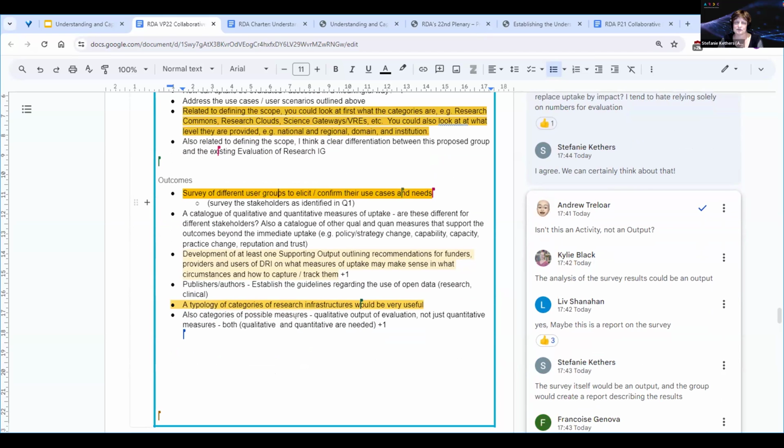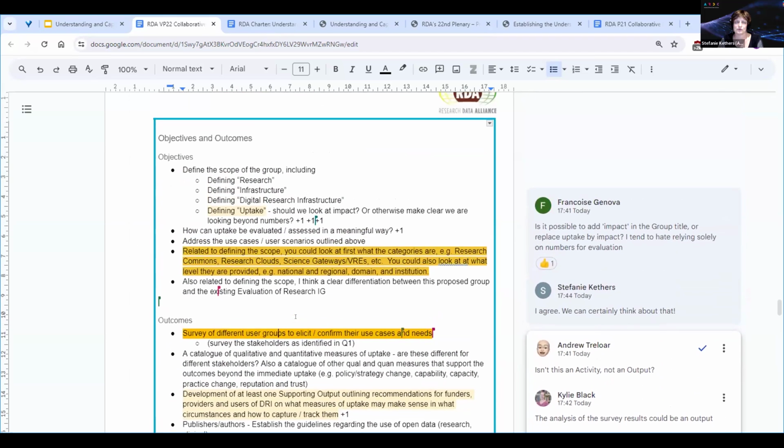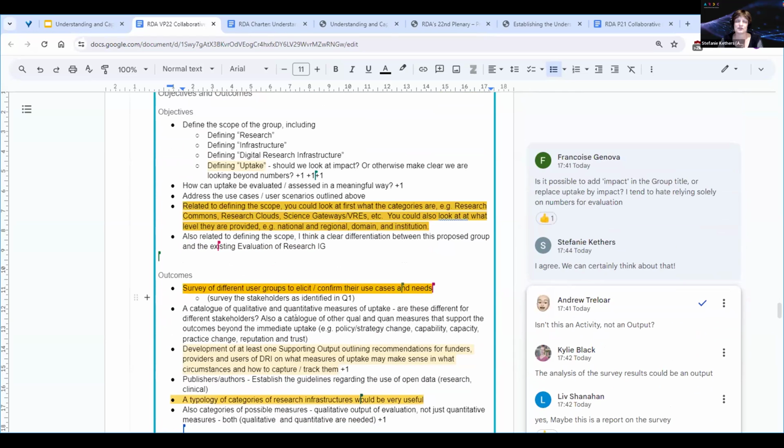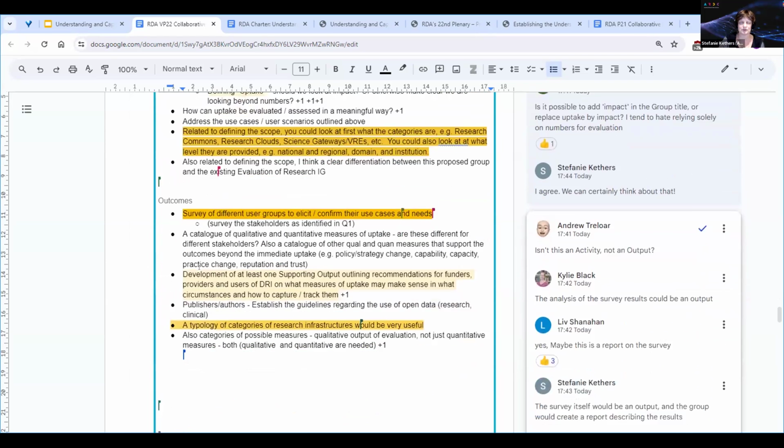I think that's probably all of the comments for the moment in here. Is there anything anyone would like to bring up so we can discuss that in a little bit more detail here? Or do you think you've said it all in writing? Okay, then we could move on to the next bit.